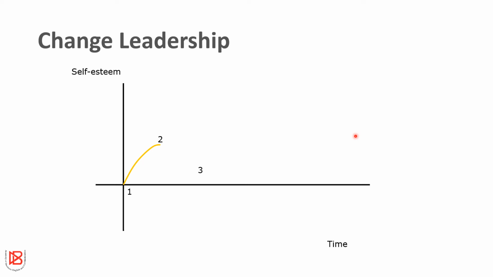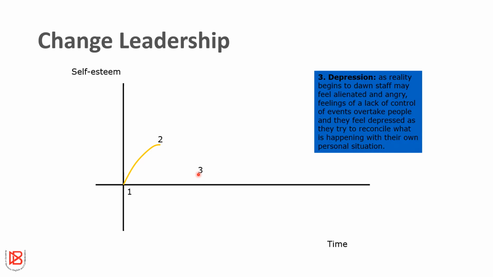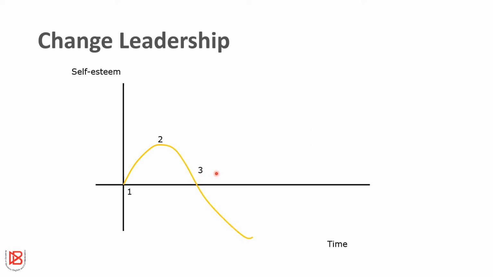Let us move to the next stage, which will be third. Now, this is again when the self-esteem drops altogether. This is where you are talking about depression, as a reality begins to draw in. Staff may feel alienated, they might feel angry, they might feel that they don't have a sufficient amount of control over the events. This overtakes the people into depression and they try to reconcile what exactly is happening around here. This is what actually happens and it goes down. Your self-esteem plummets